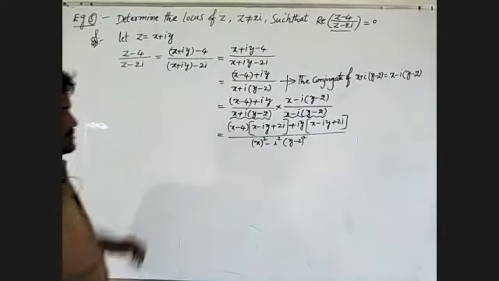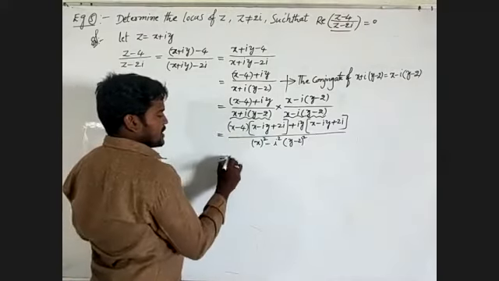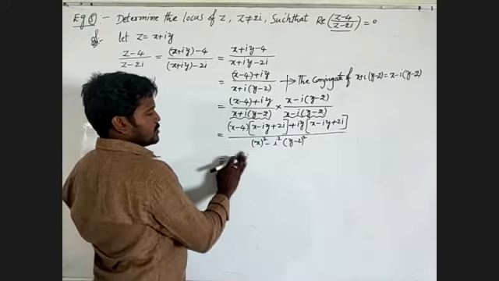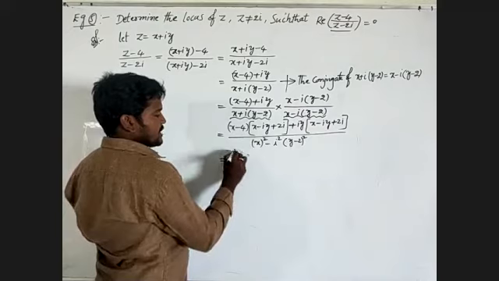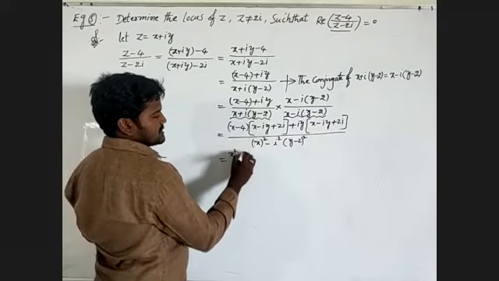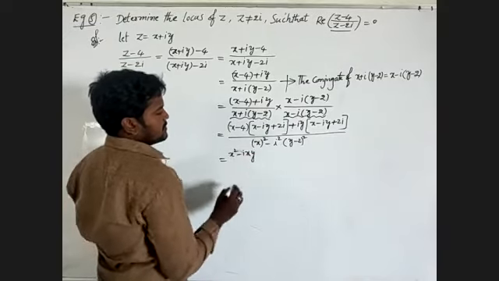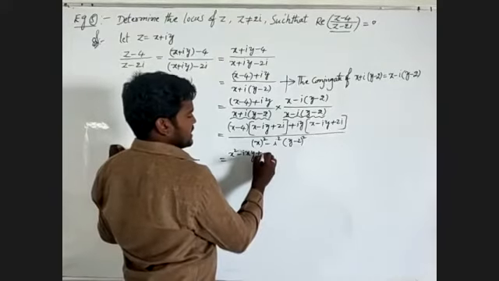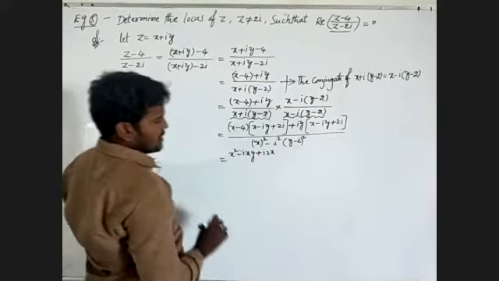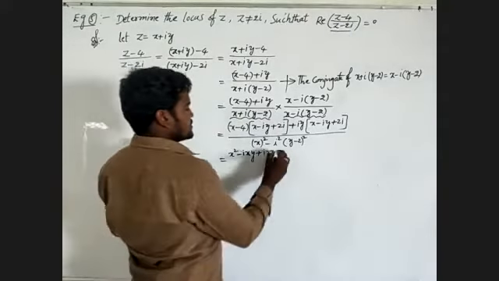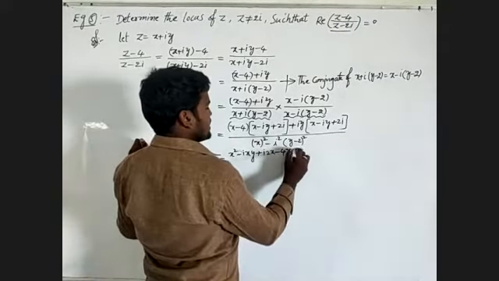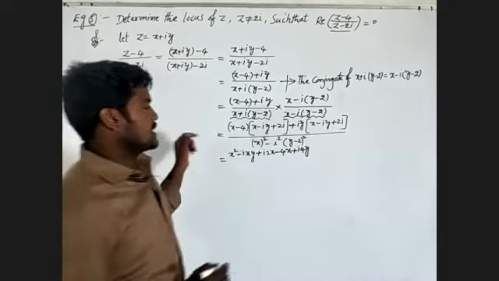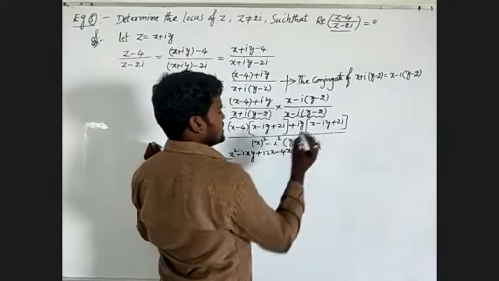How to expand this? First we multiply by x. x into x is x square. Plus into minus, minus: x into iy is ixy. Plus x into 2i is i into 2x. Later it is multiplied by minus 4. Minus 4 into x is minus 4x. Minus into minus is plus 4 into iy, that is i 4y. Plus into minus becomes minus 4 into 2, which is 8, into i is 8i.